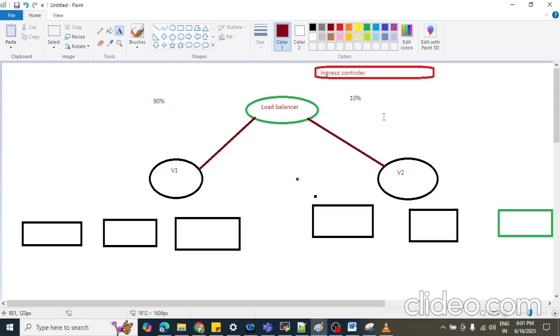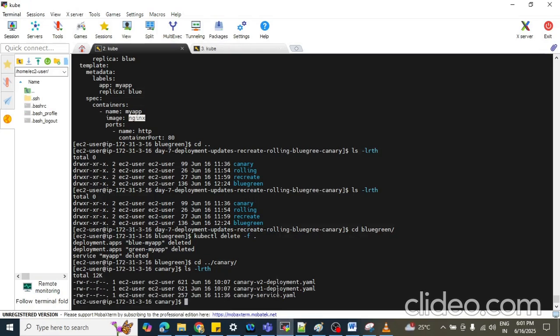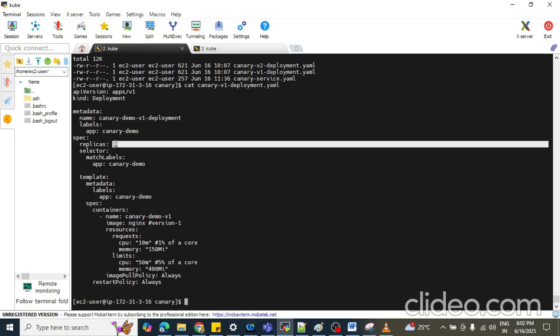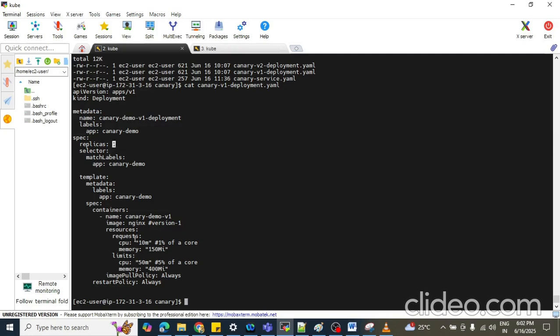Okay, so let's understand the YAML file of this canary deployment, so it will be easy for you to understand. Let's copy. Let's see that. In this file, in version v1, the number of replicas is 1, and we are running the nginx image.